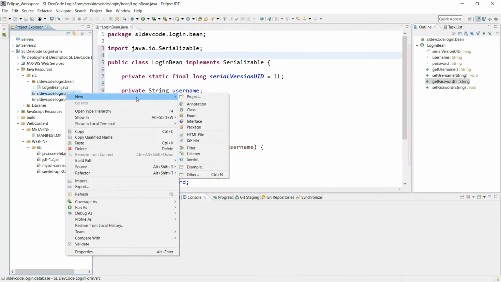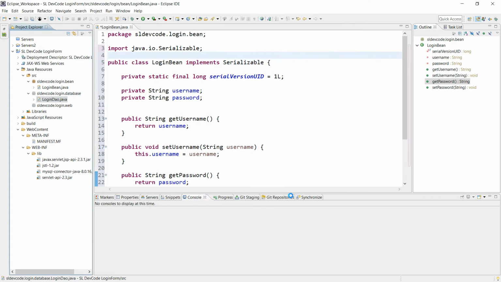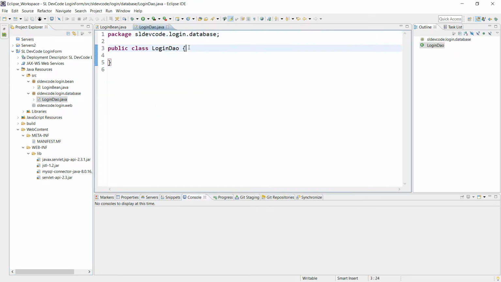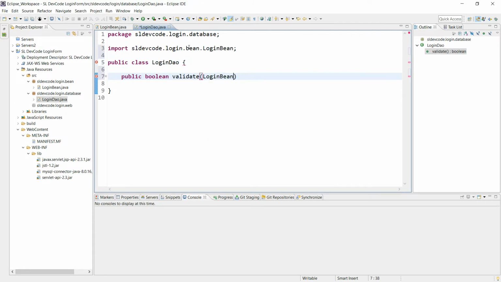Now I have to implement the login DAO class. Inside this login DAO class, it has a validate method. Here we pass the login bean as a parameter to the validate method.